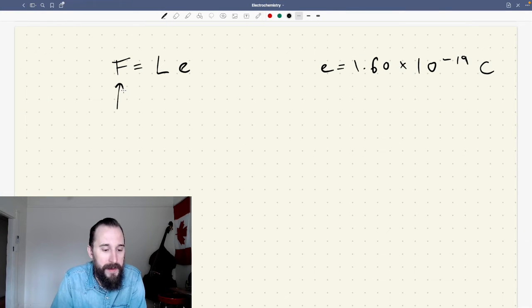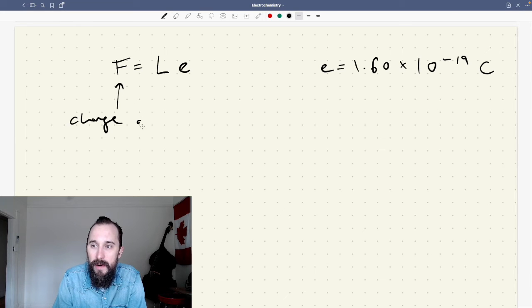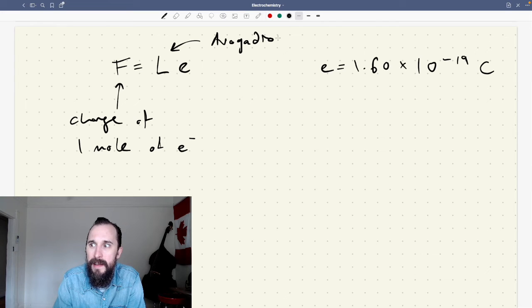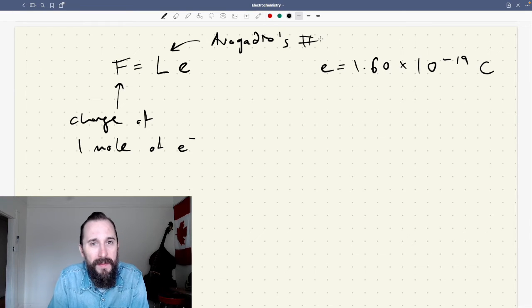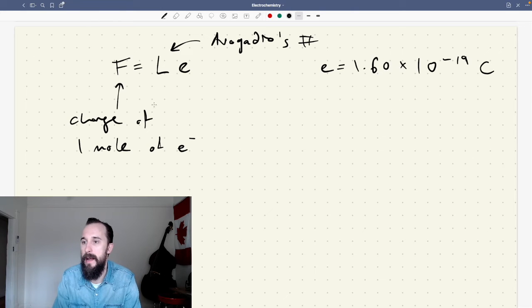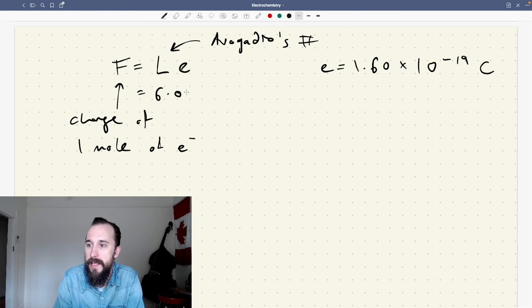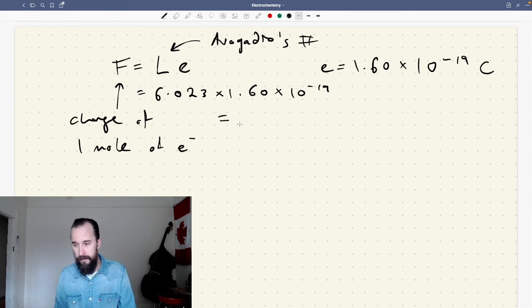And then we've said that Faraday is the charge of 1 mole of electrons. Well, if you've got 1 electron and you multiply it by Avogadro's number, which is how many are in a mole, well then obviously you're going to get the charge of a mole. So let's just do this for the sake of making sure everything adds up. So if you plug this in your calculator, which I might as well do,